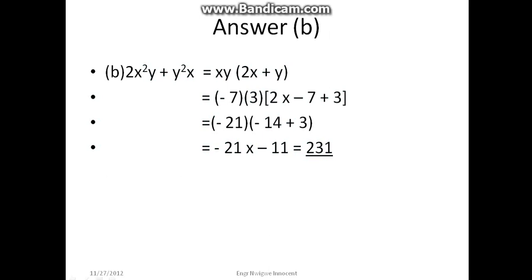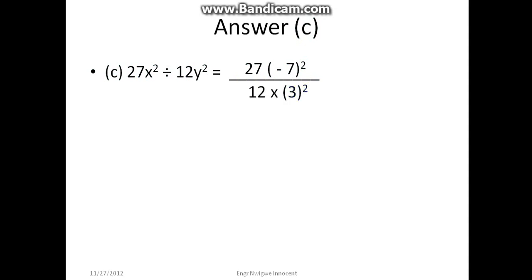Answer c. 27x squared divided by 12y squared is equal to 27 in bracket minus 7 close bracket squared, because our x is minus 7 squared, divided by 12 times our y is 3. We now substitute 3 for y to become 3 squared. Then if you now do the mathematics, we now have 27